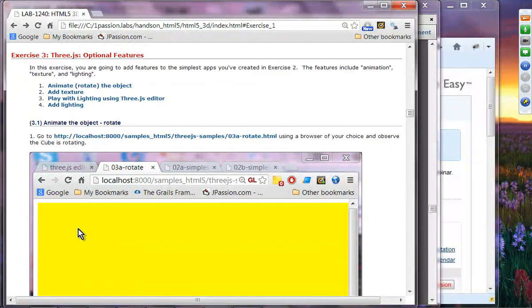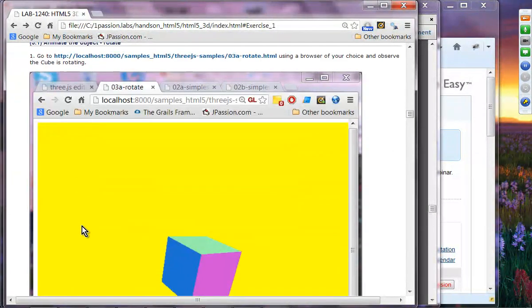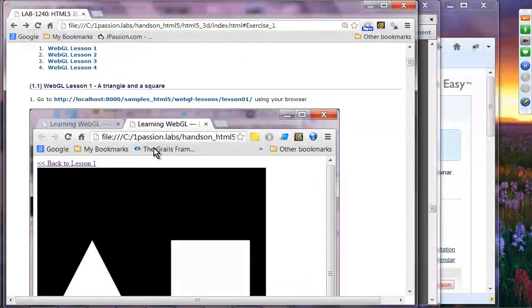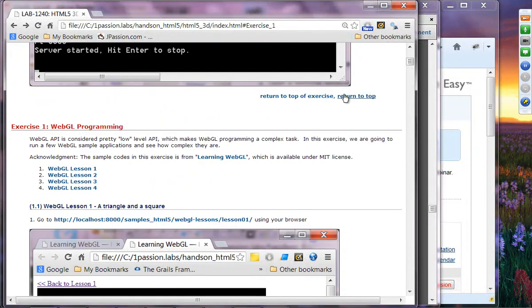So here we are going to animate this cube. If you run this, you can now see it is being animated. Now, if you take a look at the code,